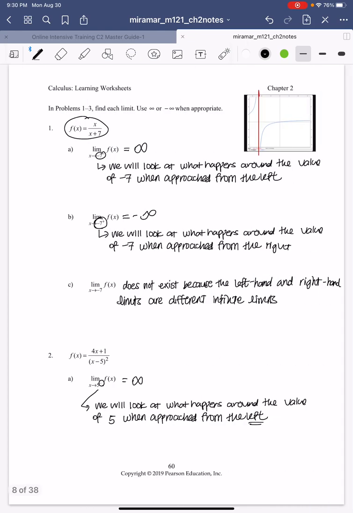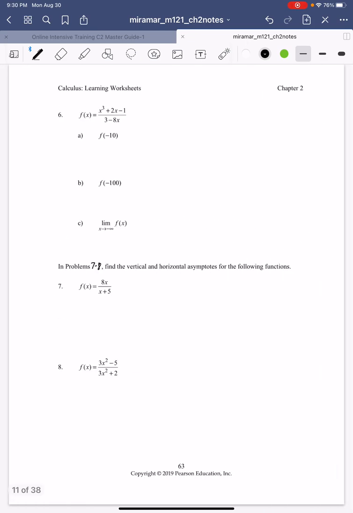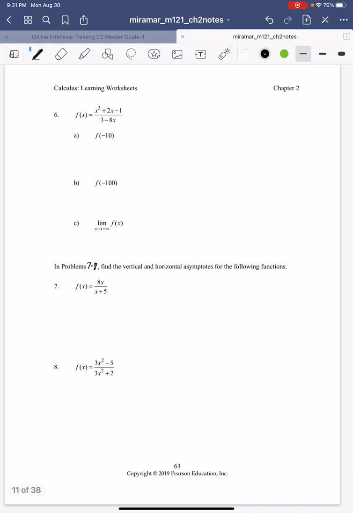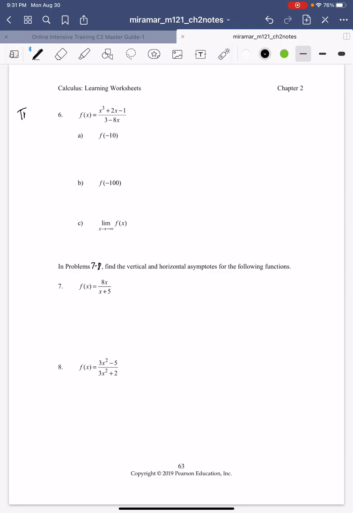Okay, last bits over here. One more, number 6, and then number 7 and 8, we'll do the vertical and horizontal asymptote. Now for number 6, I'm going to let you guys try this one on your own because we did a very similar thing in 4 and 5. So number 6 is try on your own, but